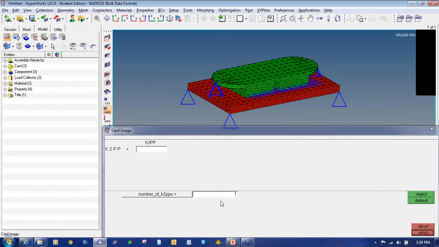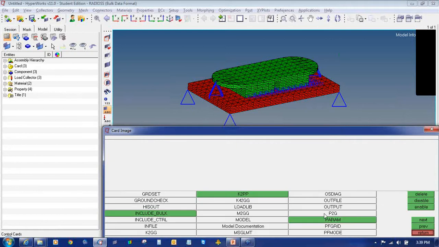The number of K2PPs we will keep as 1, and in the field of K2PP we will enter the value as KF. KF is the name of the DMIG data entry. Then we will click on return to go back to the control cards.